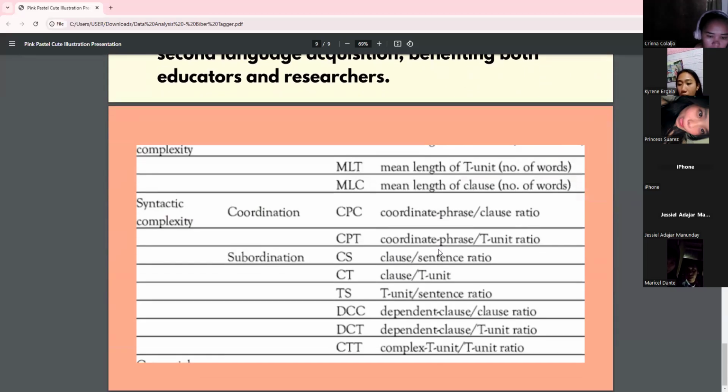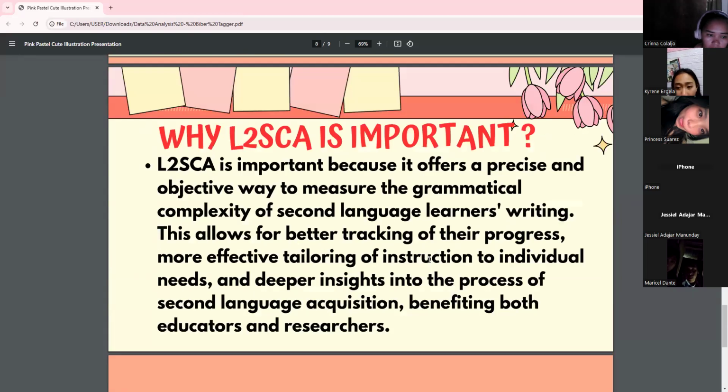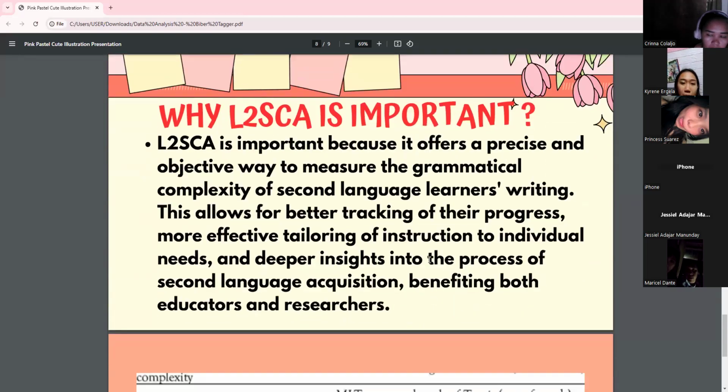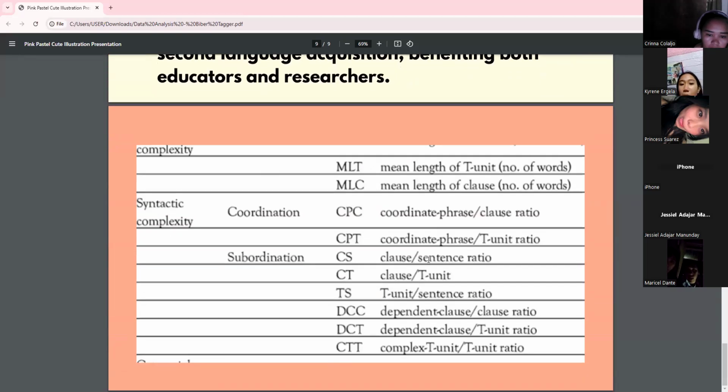So the L2 Syntactic Complexity Analyzer measures grammatical complexity of English texts, particularly those written by second language learners. It computes, for example, the average number of clauses per sentence ratio. So this is the example of L2SCA, the syntactic complexity analyzer. That's all about my topic. Thank you and good